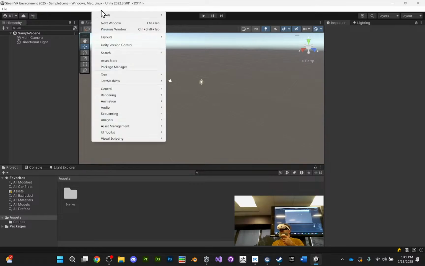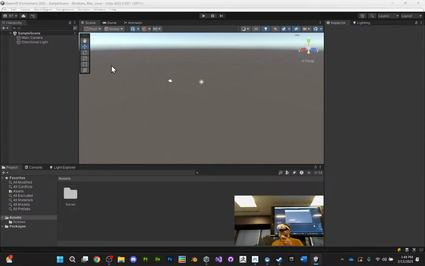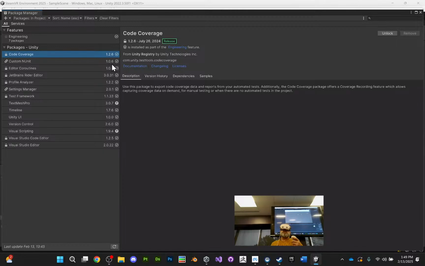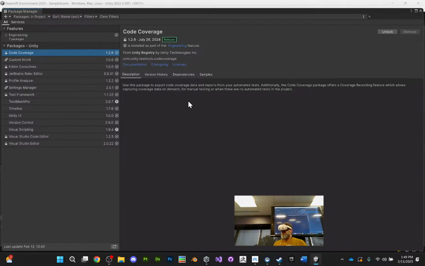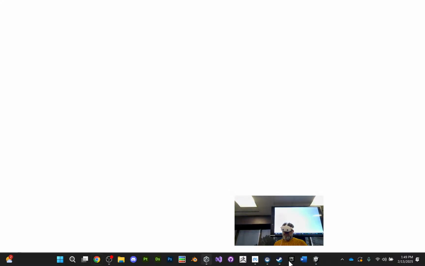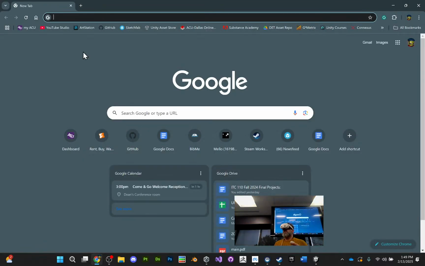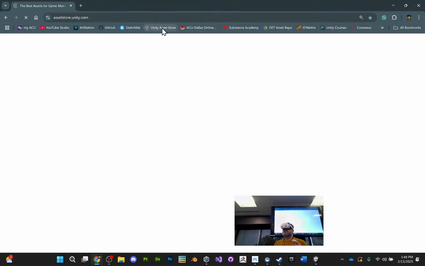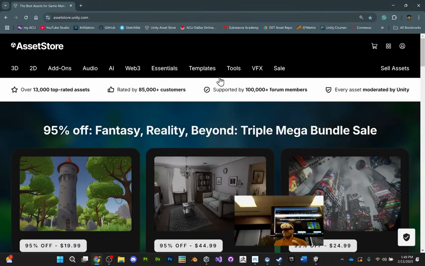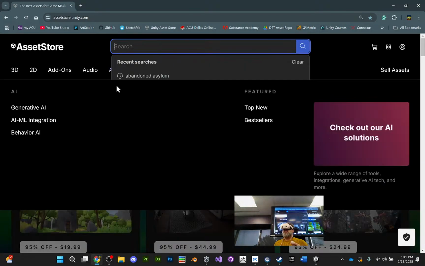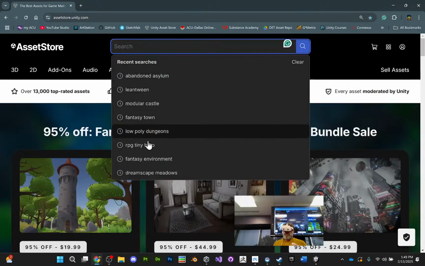So the first thing we need, window and package manager. You'll need to go to the asset store. So that's what I need the browser open for. Yes, it's recording. In theory, at like 2 frames a second, probably. So go to the Unity Asset Store, and then once you're logged into the Unity Asset Store, let me find my